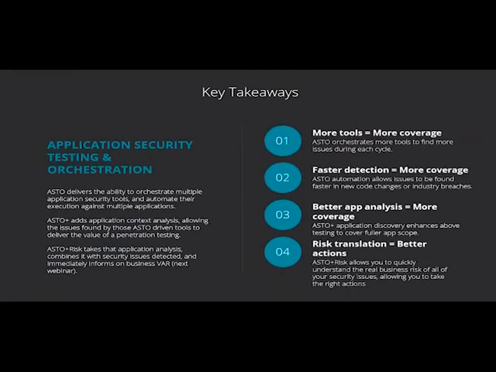So this then brings us to our key takeaways. Essentially, running more tools gives you more coverage. This goes back to our security scope. If only one tool can provide 1 or 2% of the security coverage, or other tools up to 35, if you run more and more of those tools, that provides more scope of your Venn diagram, as we had, to be able to find more of those issues during your testing program and bring that into your security testing scope so you know what secure actually is.